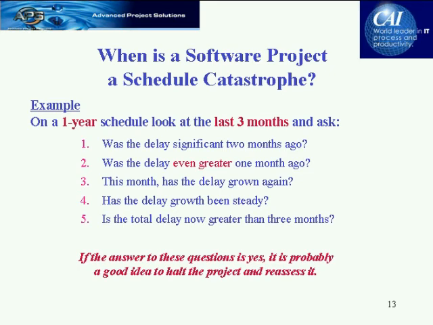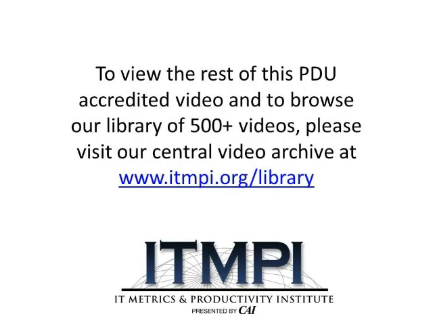Now, here's an example. In a 1-year schedule, we look at the last 3 months, and we ask, was the delay significant 2 months ago? Was the delay even greater 1 month ago? This month, has the delay grown again? And then we ask, has the delay growth been steady? In other words, we're not just saying